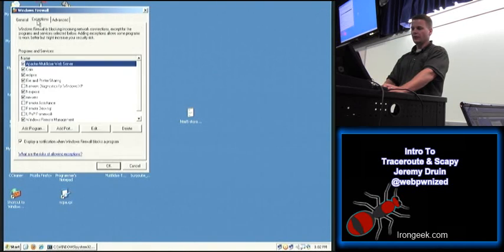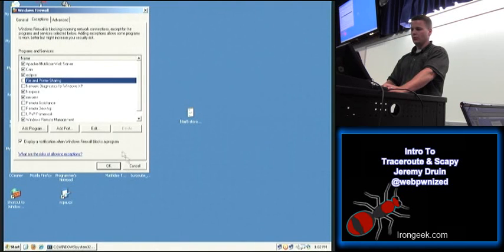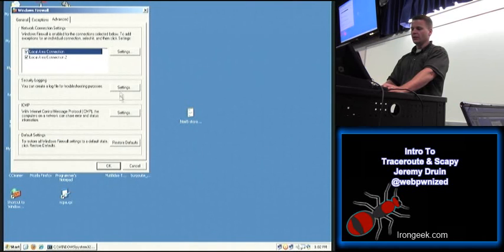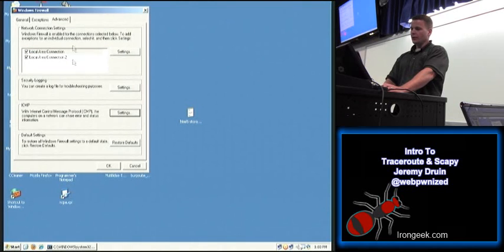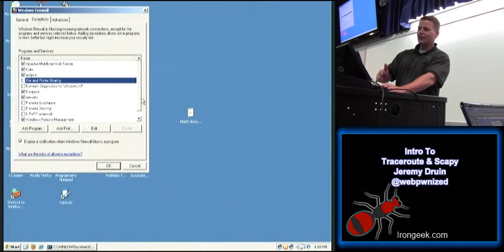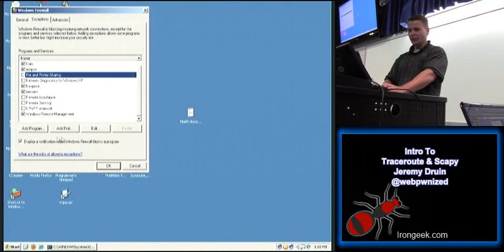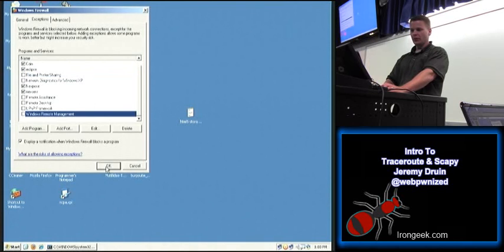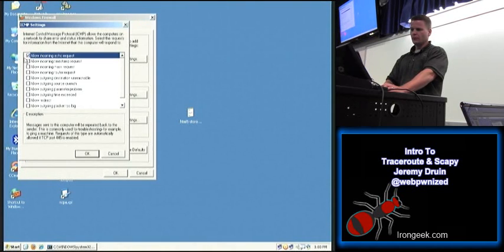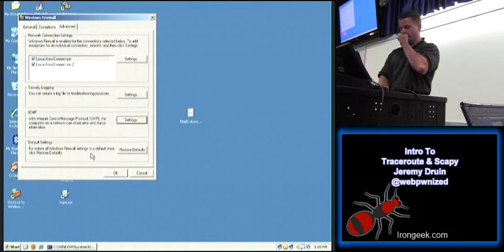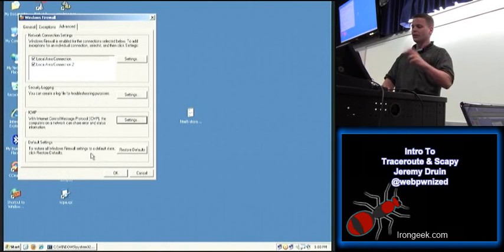Let's see if I can figure out what it is. It might be file and print sharing. Let's try to disable that, and go to Advanced and see if it'll let us turn off ICMP. All right, sorry, I can't remember which program in Windows makes it mandatory that ICMP echo requests absolutely have to be turned on. It could be one of these, remote management maybe. Let's try this. There we go, okay. So it was either file and printer sharing or remote management. I think it's file and printer sharing. I probably just needed to save my settings first and then go back in so that we can disable the